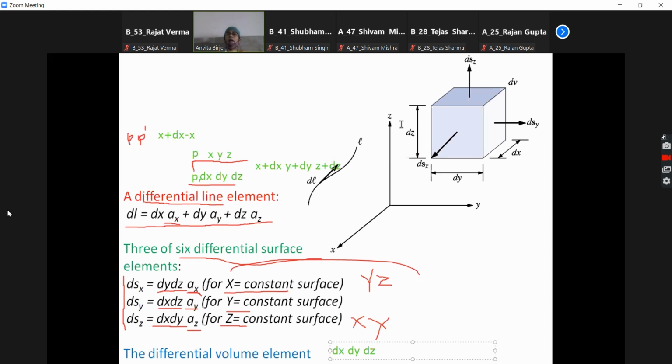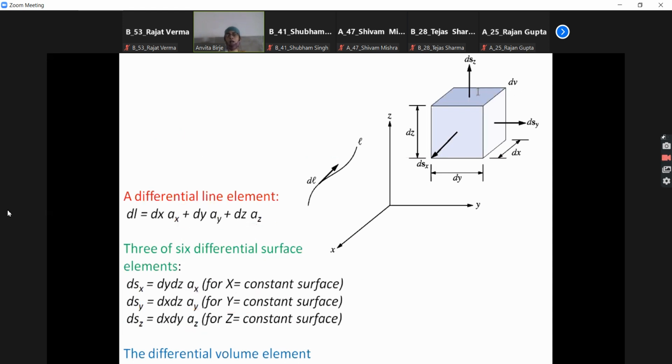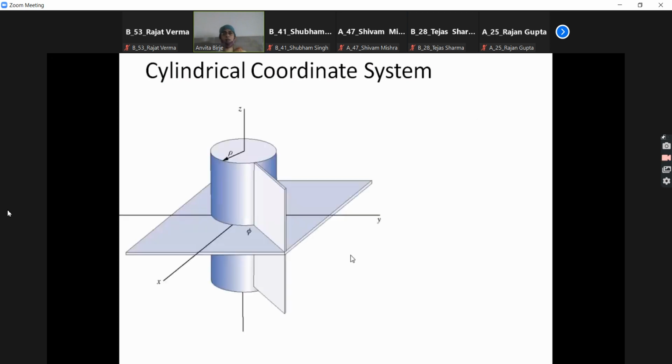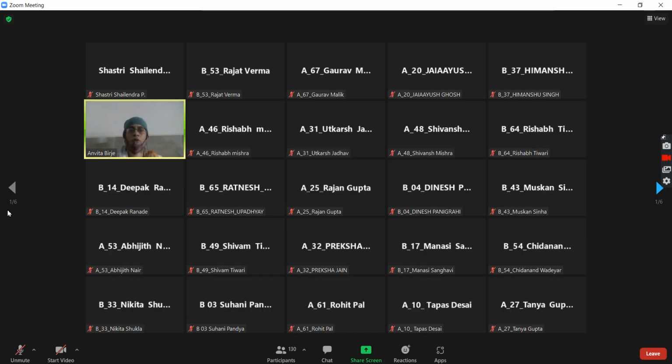Okay, so I think if rectangular coordinates are understood, then the next is cylindrical coordinates. That will be easier for all of you to understand in our next lecture. Okay, so is rectangular coordinates clear to